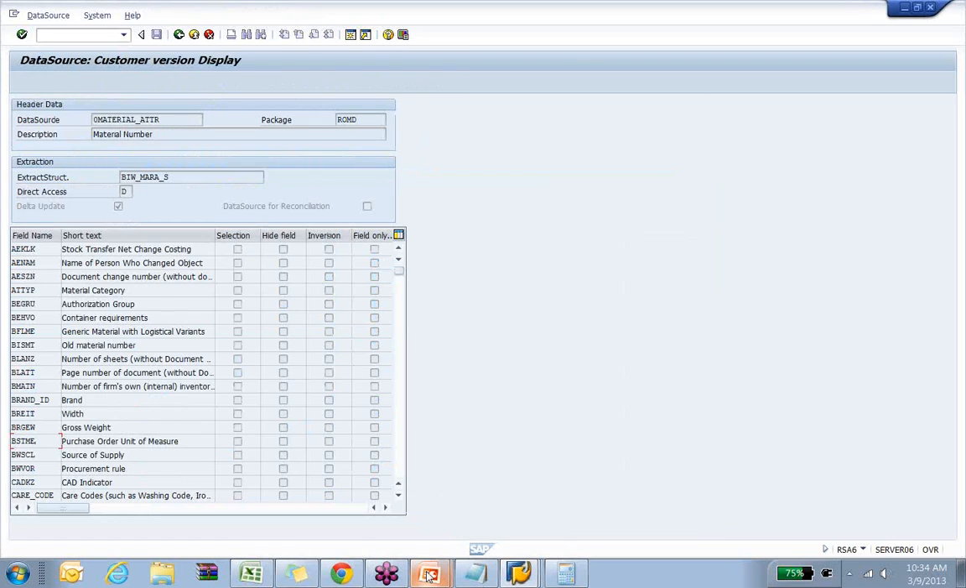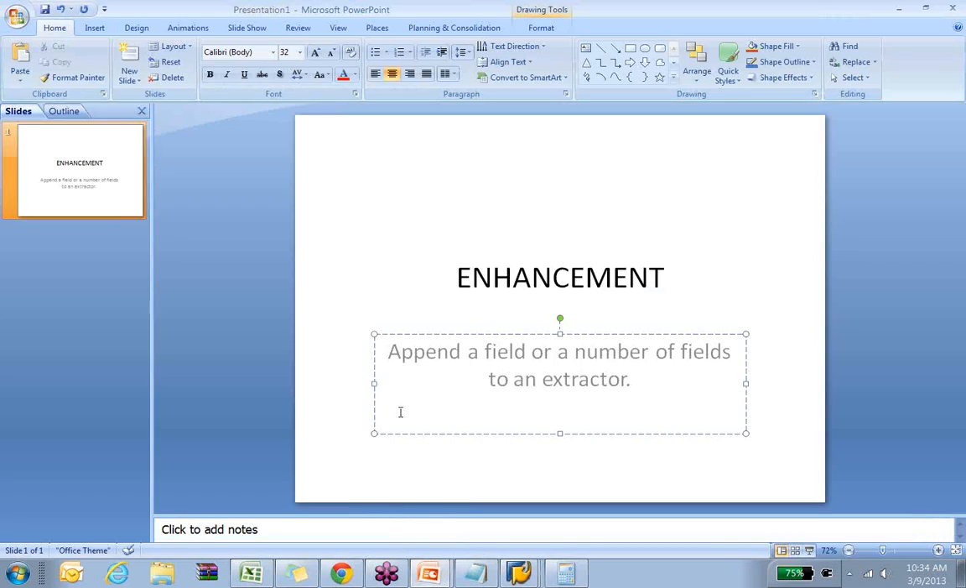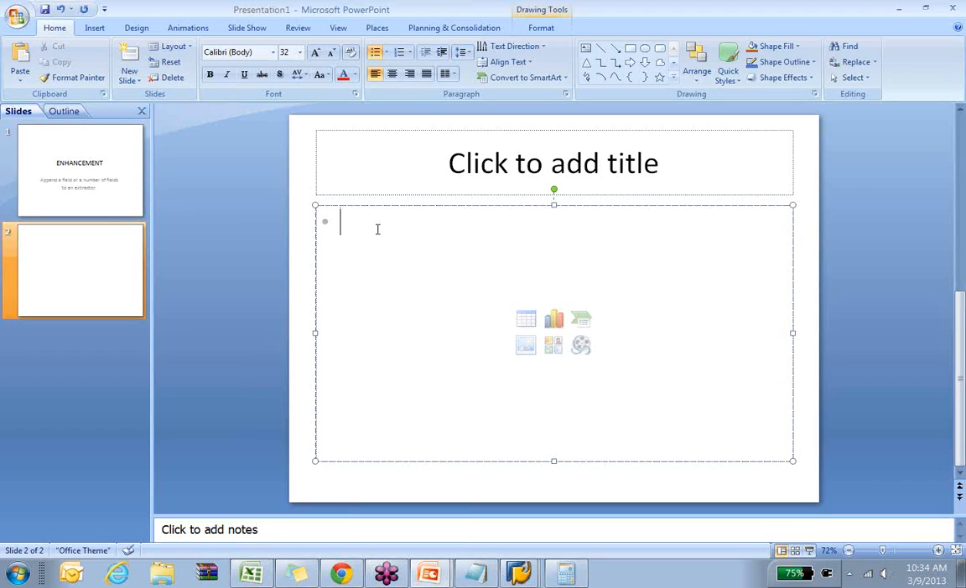Okay, so let me explain this real quick. We'll take a break and then I'll try to find a field that is populated so we can test it out and better appreciate it. So one pointer I want to give is, when you enhance an extractor,